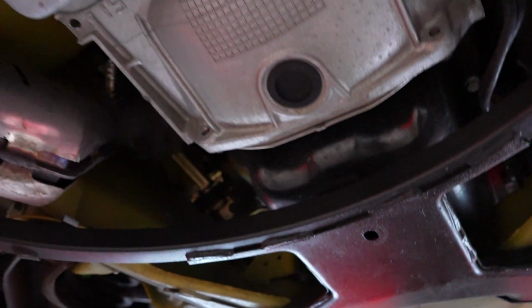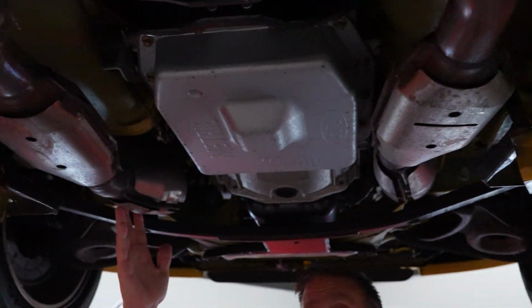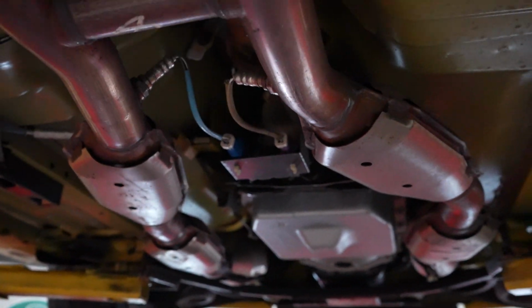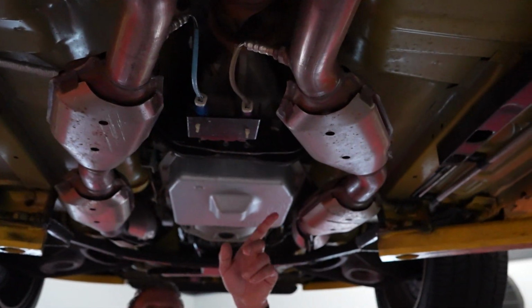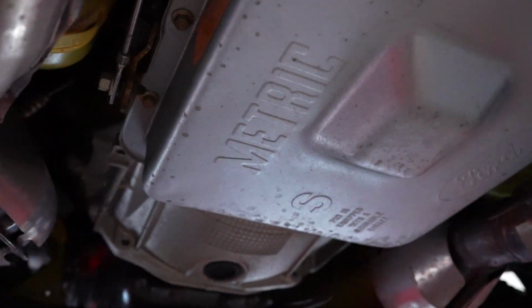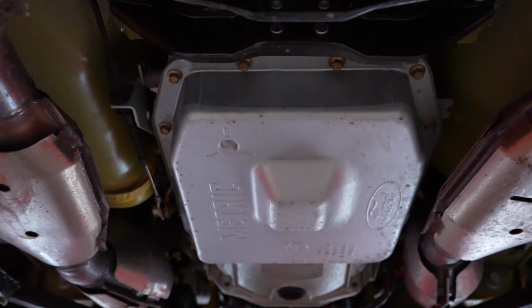Here's something we're not accustomed to seeing on our vehicle presentation, our undercarriages. Catalytic converters and oxygen sensors. The good news is they are all functioning properly because there are no lights on in the dash on this vehicle. The trans pan, now you can see that. That's nice and visible. You can see Ford there. It is the original tranny pan. All the original,